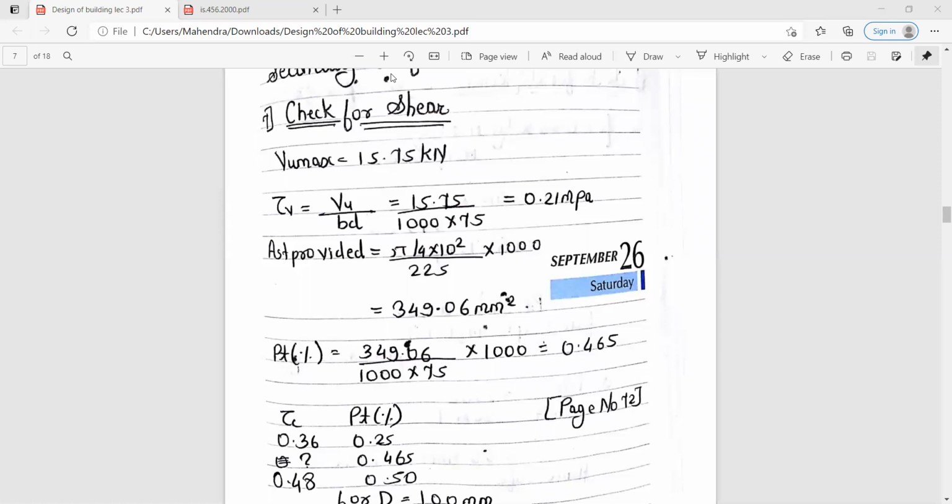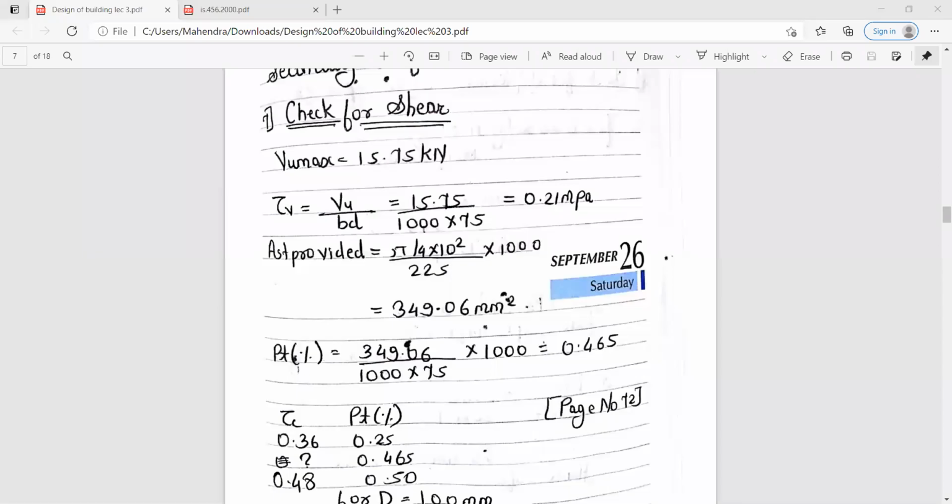So what is 225 over here? 225 is nothing but the spacing. So pi by 4 into 10 square upon spacing into 1000. Then you will get AST provided, that is 349.06 mm square.